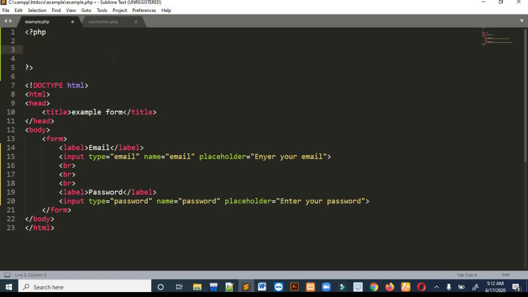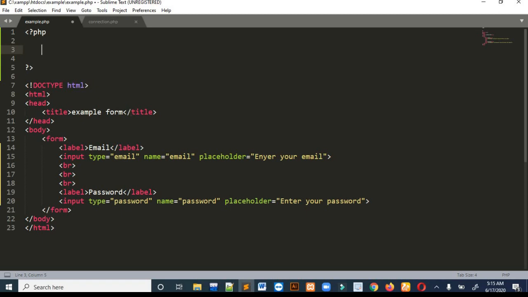The second thing you need to know is the name of your database. In my case the name is root. You can see that when I had logged in, so the username is root. And the last thing you need to know about connecting your front end with the database is the password.